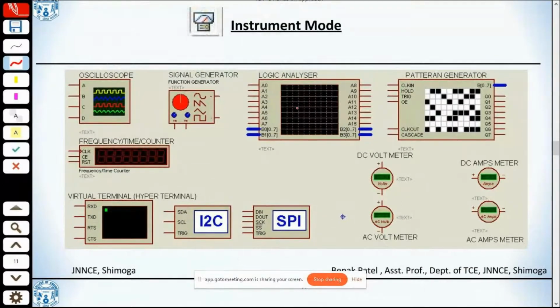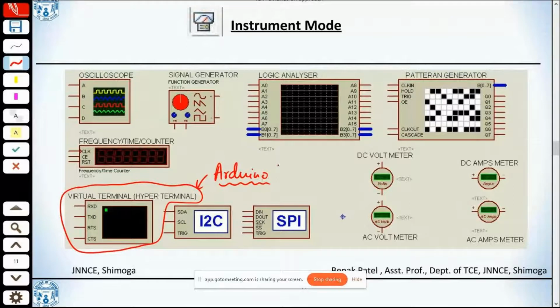Followed by the other option that we majorly use is instrumentation mode, wherein here specifically we will make use of this virtual terminal. Because we'll be taking up a few Arduino examples, wherein in our day one session we did go through how exactly we can get to know the values of sensors in the serial monitor.